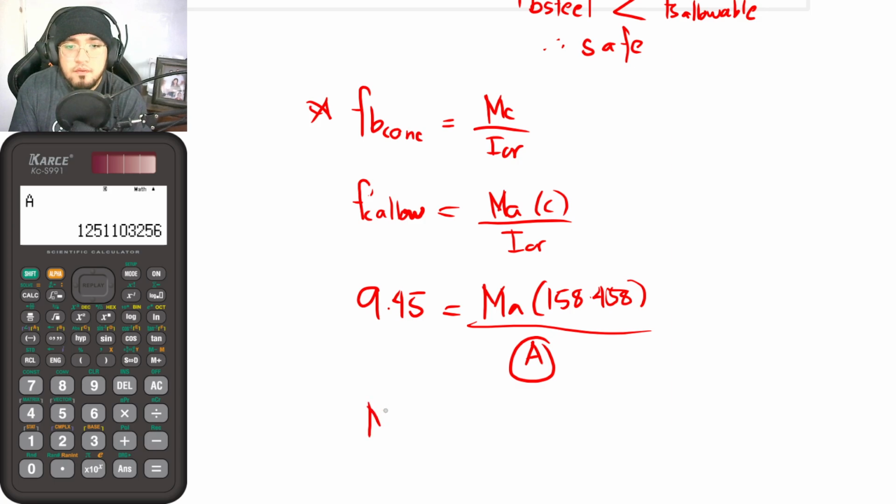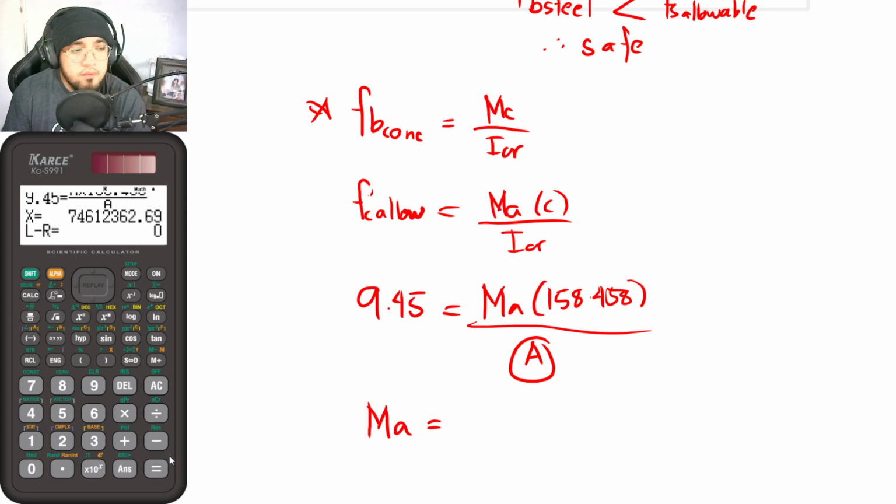Then from that, solving for MA, this is now equal to, so looking at the calculator to your right, if I am to make use of the shift solve feature, 9.45 is equal to alpha x times 158.458 divided by alpha a. Okay, so from that, shift solve, the allowable moment for compression is 74,612,362